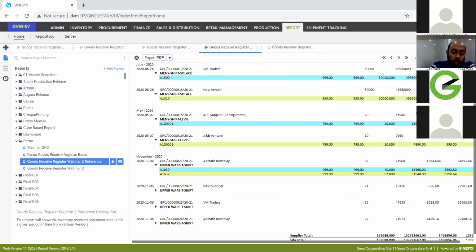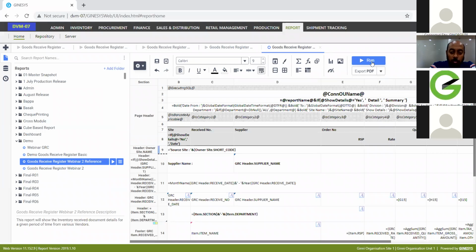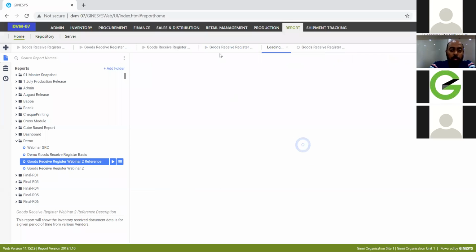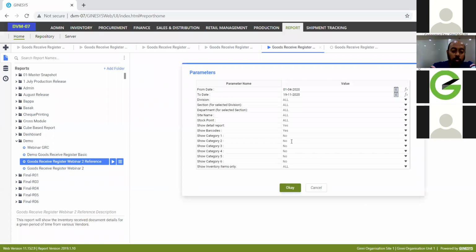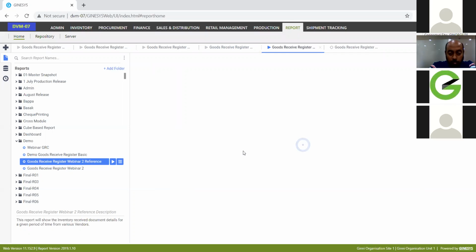If you want to see all the item categories and barcode, you have to select all of my parameters as yes. If you don't want to see any of it, the converse is also true. You don't want to see any information with respect to the item name, you just want to see the numbers, right? So what we can do is select it to be no. And the effect of this is that instead of showing the barcode or the category information, it will give me the,